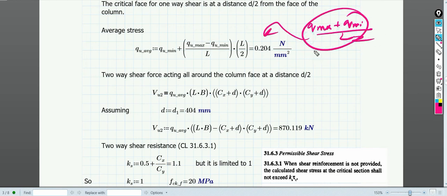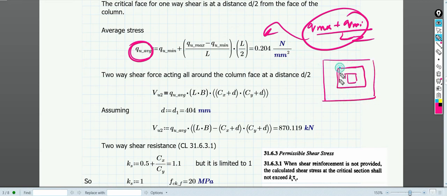Then this average shear force that you are looking at, where exactly is it acting? It is acting at all the hatched portion. This is the footing, and this is the column, suppose. So these are the punching faces, right? We have to find out what is the total force over this hatching area. If this is L, this is B, in that case the total shear force acting is L into B.